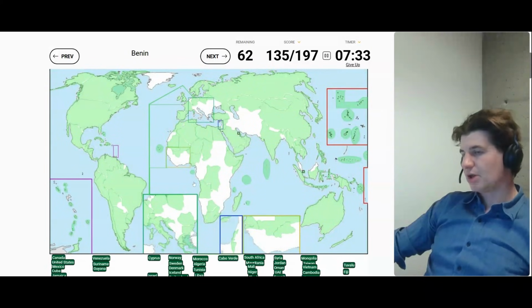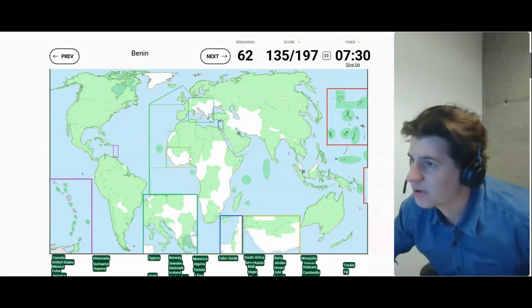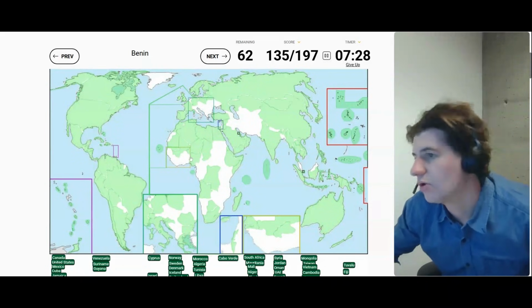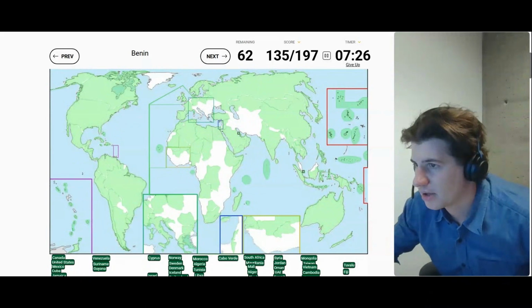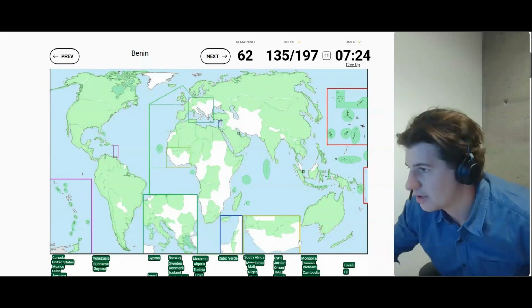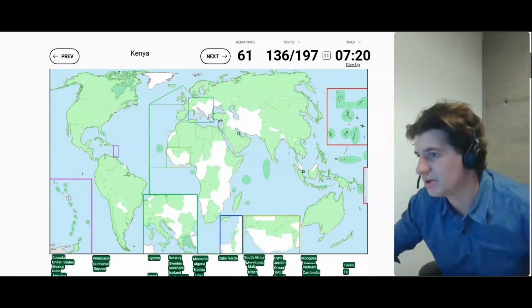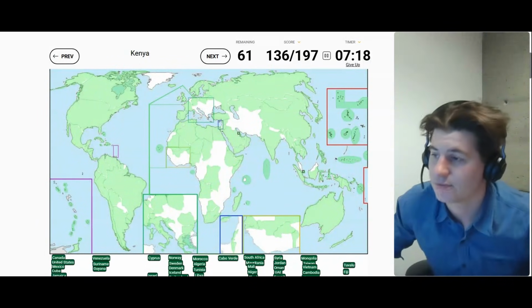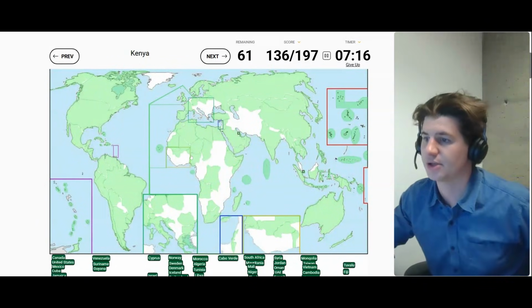Benin. Okay, so Benin borders Niger. It goes Togo and then Benin. But it's not going to let me click there. So what you do is you go to the yellow and you just slowly inch your way in until you find Benin. That is not cheating. If you think it is, you're wrong. I clearly know that it borders